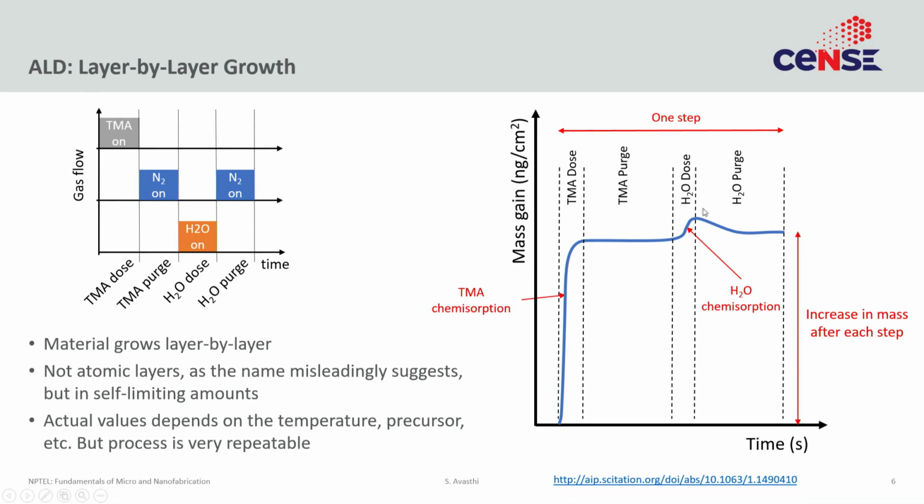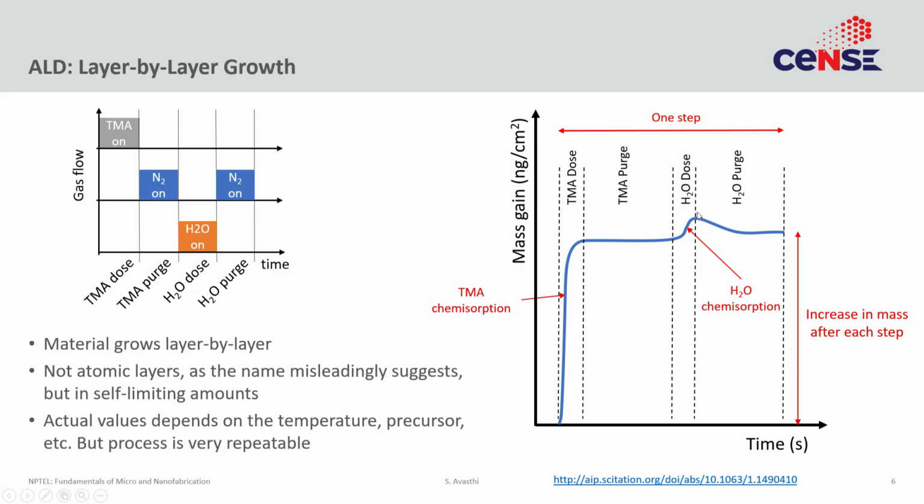And what is actually happening here is, you think that the water is chemisorbed on the surface, but that's not the only mechanism at play. Some of the water could be adsorbed on the surface, and adsorption tends to be a reversible process. So the part of the water that is simply adsorbed may desorb while you are flowing the inert gas, right? So this is some amount of desorption occurring. Of course, if it completely desorbs, then that is no good because then you can't have a reaction. But that is not what happens.